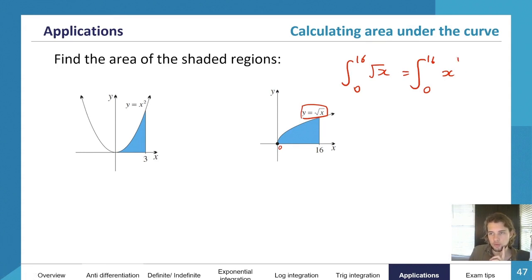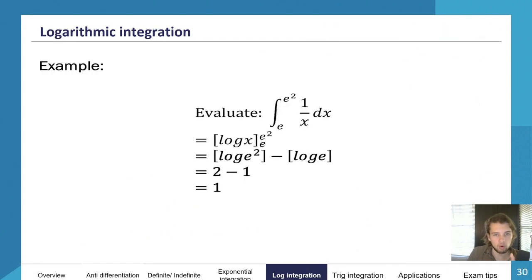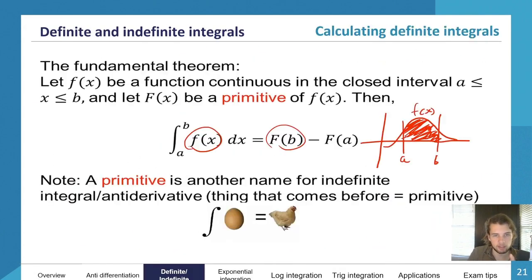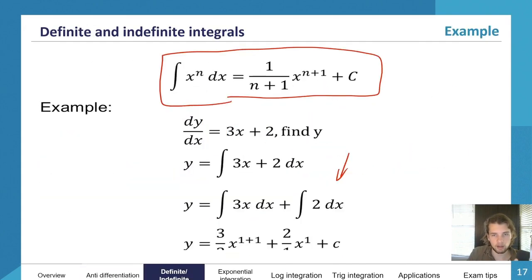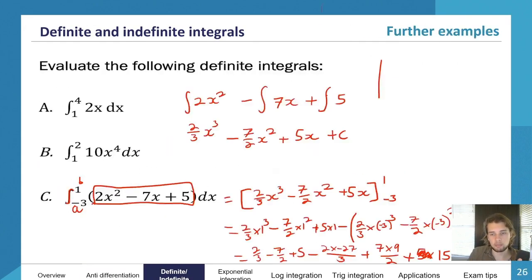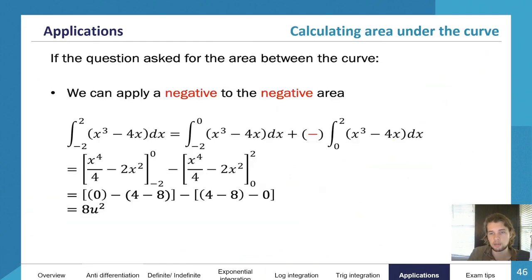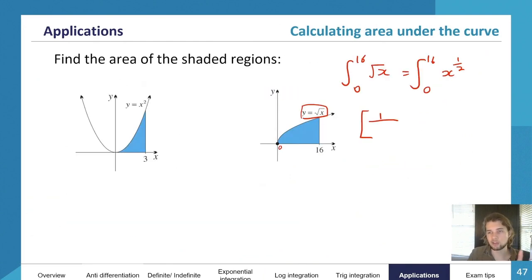X to the power of 1 over 2. So if we're applying our formula, we would see that is equal to 1. And when you have 1 over 2 and stuff, it can be easier to apply the formula that we have all the way at the very start. If you know this formula, it can make things a bit easier when you have a square root that you're looking at. So we have 1 over 2 plus 1